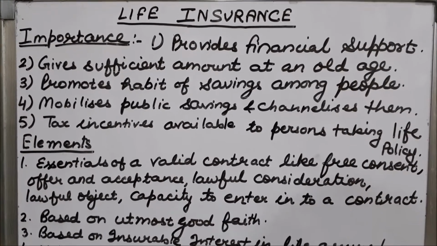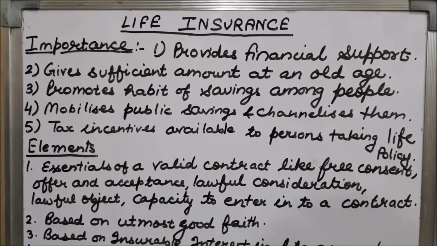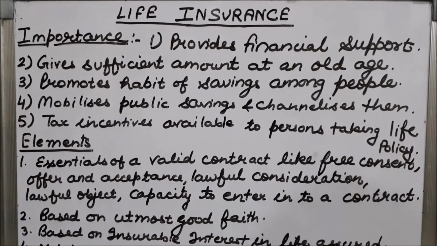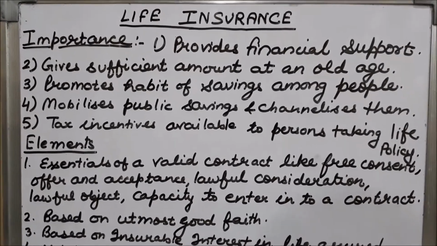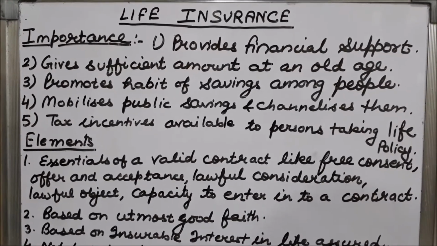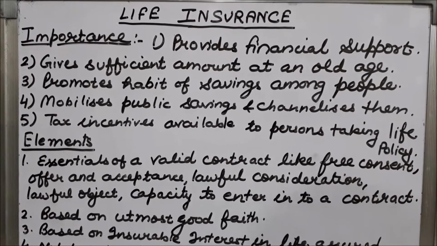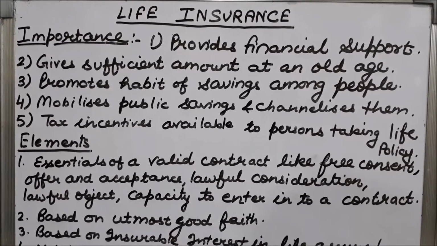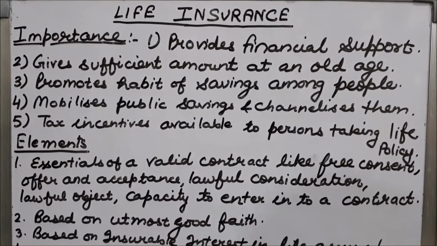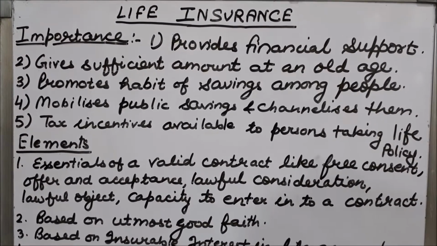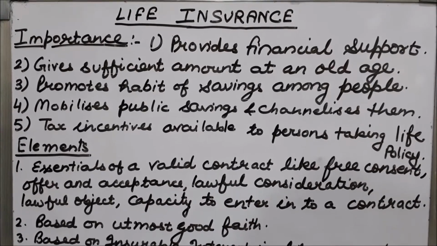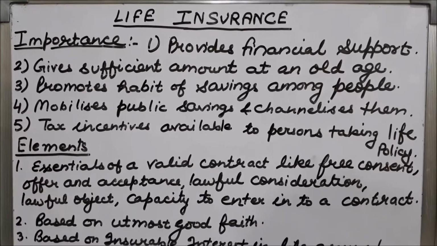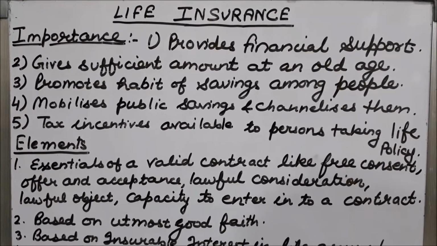So the insurance company is collecting the savings of people in the form of premium, and then invests that amount of premium in big companies. This is called mobilization of savings, the collection of savings, and investing them in big companies is called channelizing them into most productive uses. In this way, the insurance company leads to the economic development of the country also.